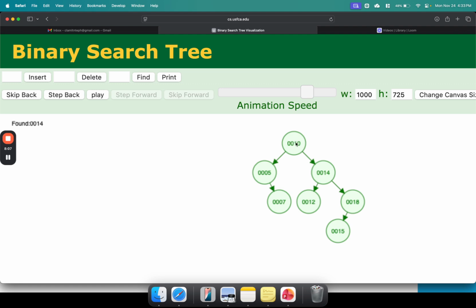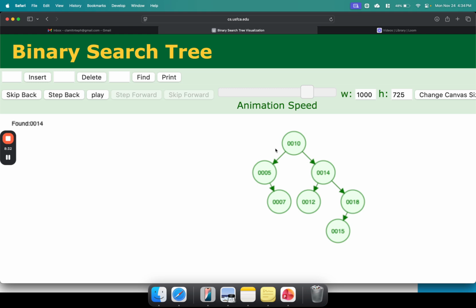So essentially the logic for search is just go to the left if the element you're searching for is smaller, and go to the right if the element you are searching for is bigger. It always starts with checking the current element. Is it equal to the value you are looking for?